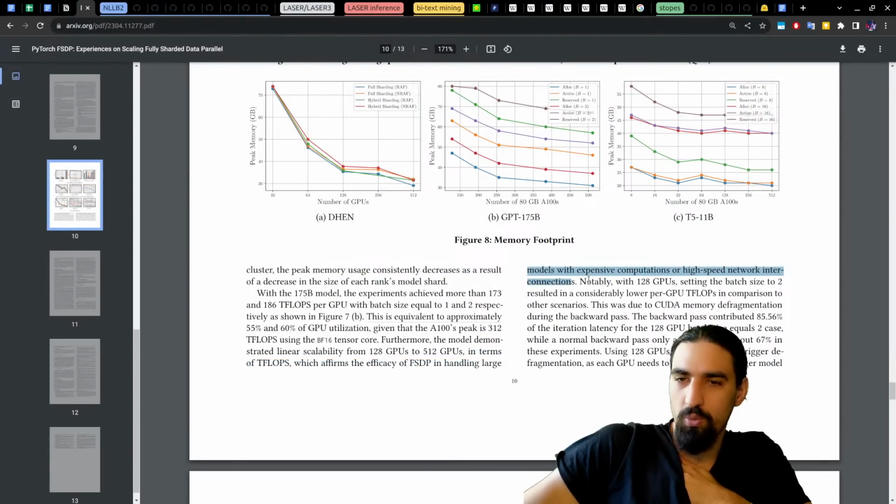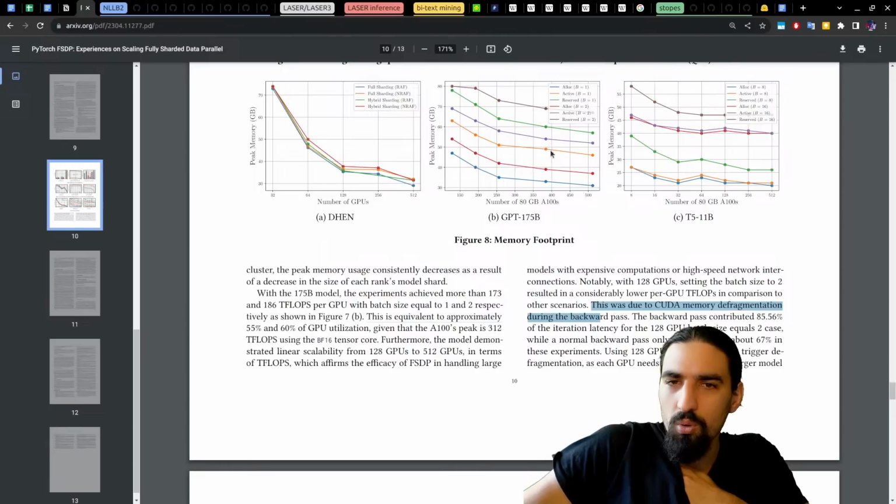Notably, with 128 GPUs, setting the batch size to 2 resulted in a considerably lower per GPU teraflops in comparison to other scenarios. So 128 and batch size 2, that's the red curve.